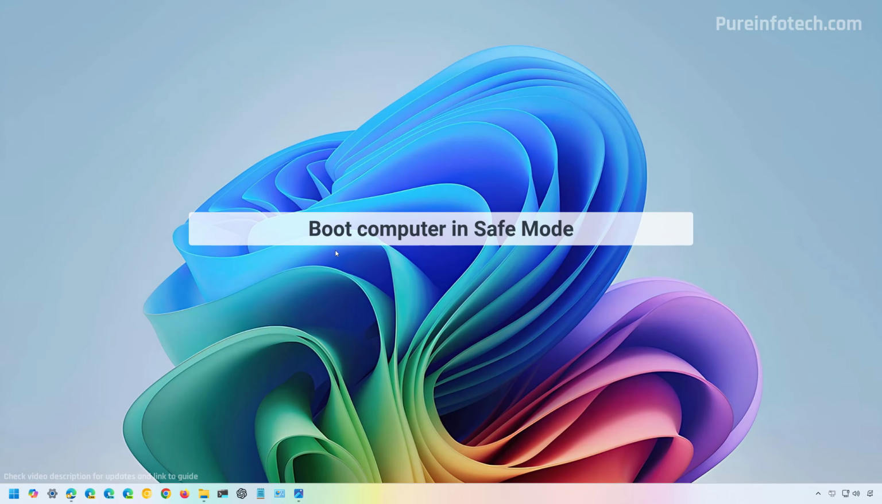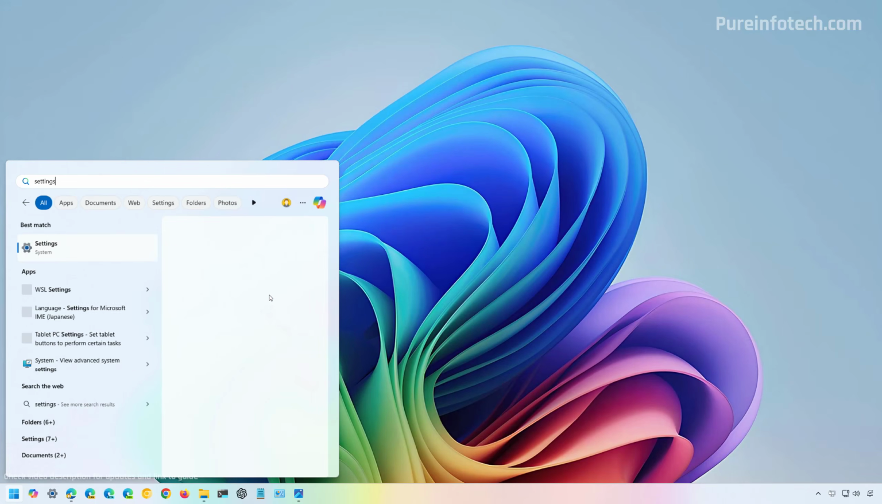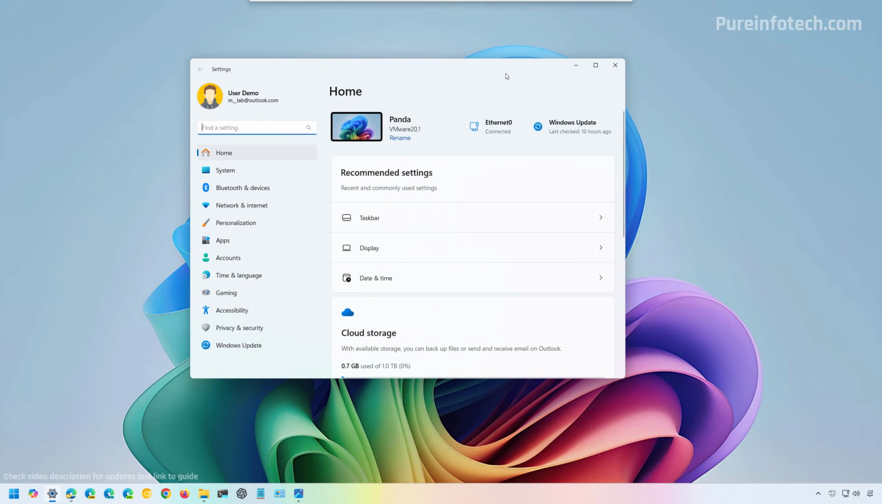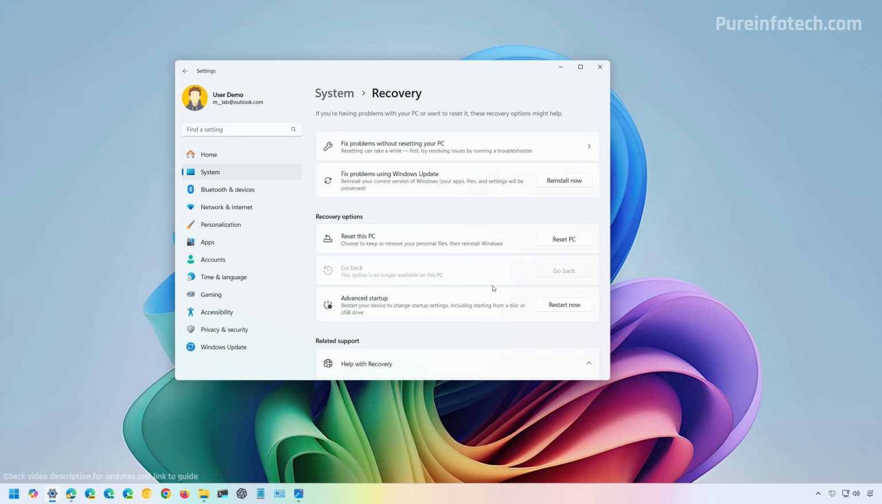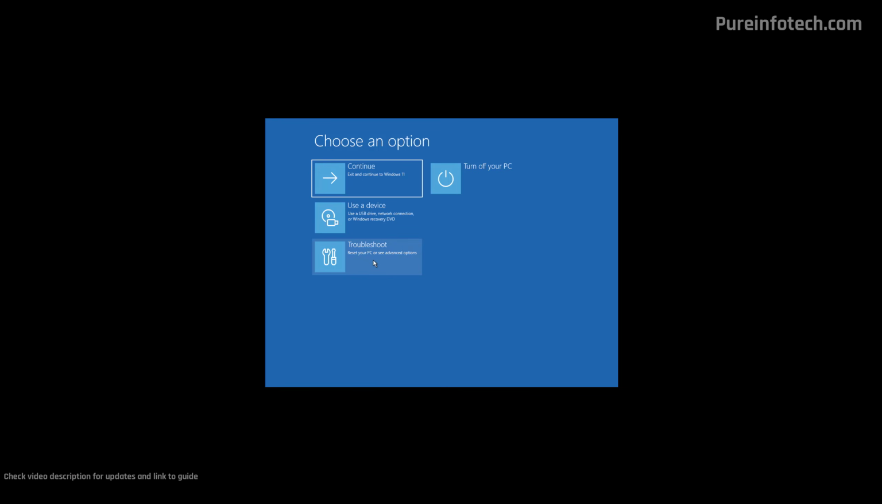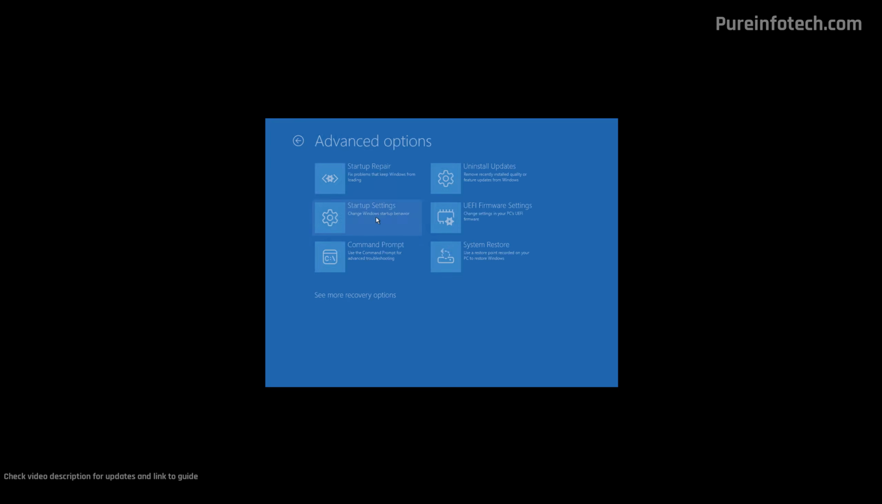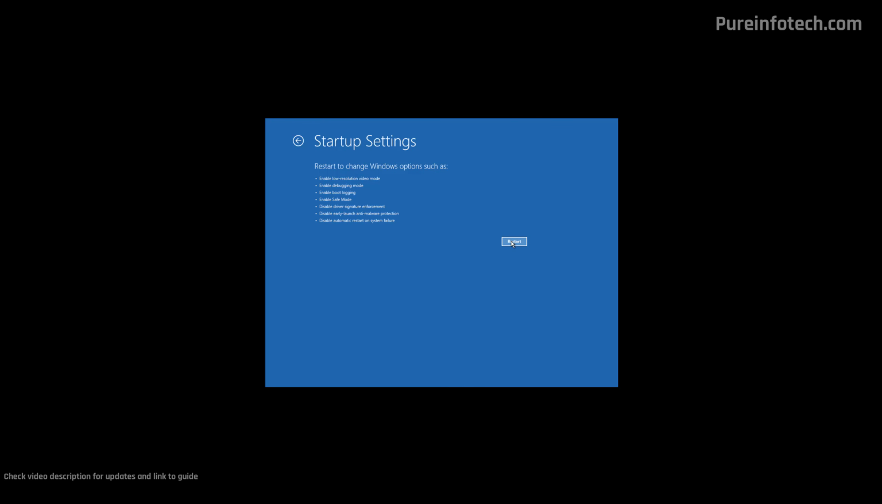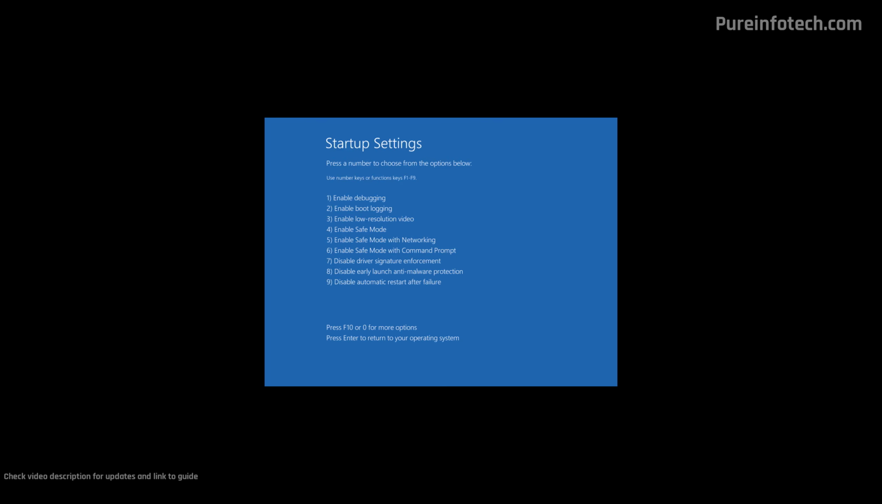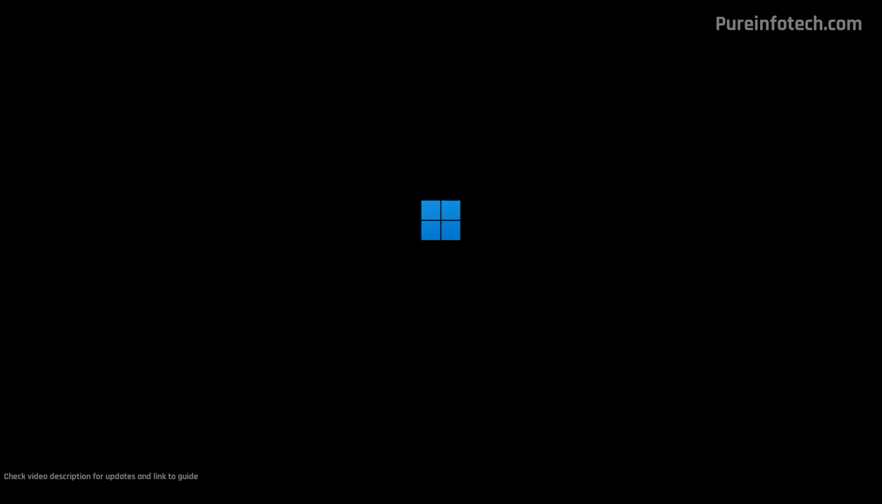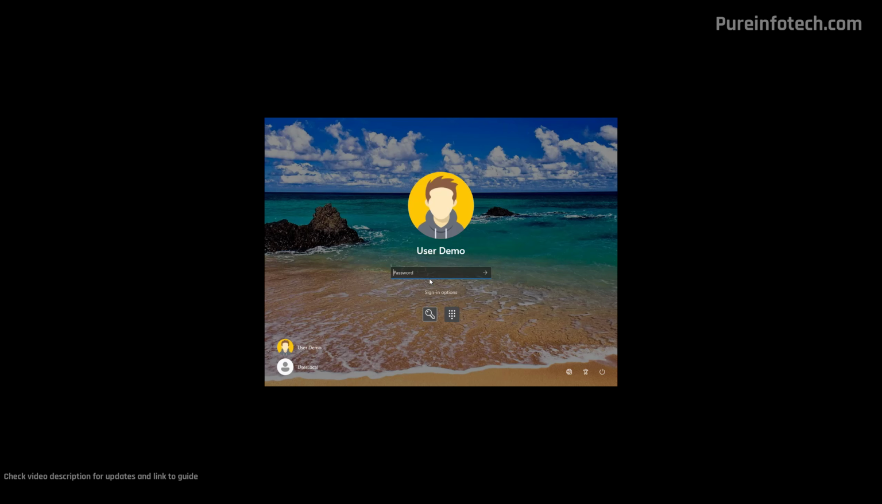Now, for this process, we need to start the computer in safe mode. And to do that, open Start and look for Settings. Open the app, go to System, Recovery, and then click on Restart Now for Advanced Startup. Now click on Troubleshoot, Advanced Options, Startup Settings, and then click the Restart button. Now we're going to enable Safe Mode, and you can press 4 or F4. Now sign in into your account,